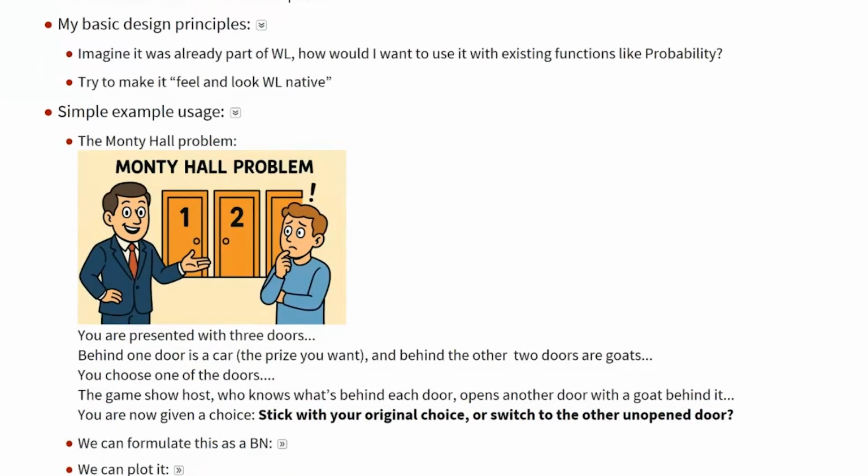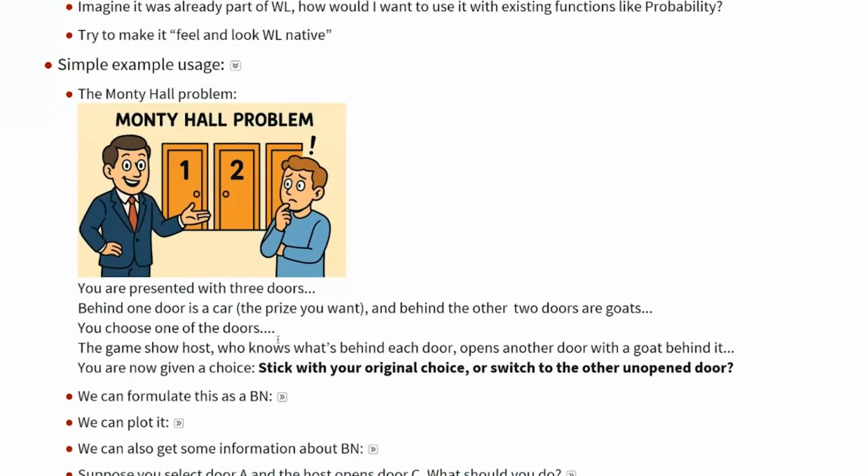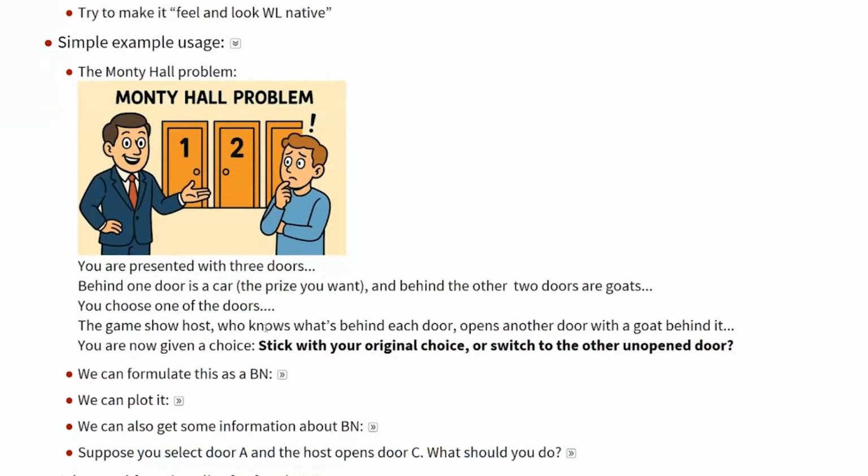So the Monty Hall problem is a famous problem from a game show. Imagine you are presented with 3 doors. Behind one door is a car, the prize that you want, and behind the other 2 doors are goats. You choose one of the doors, and the game host, who of course knows what is behind the doors,